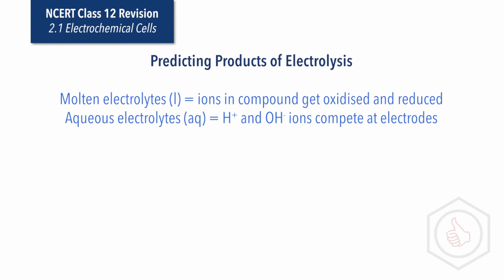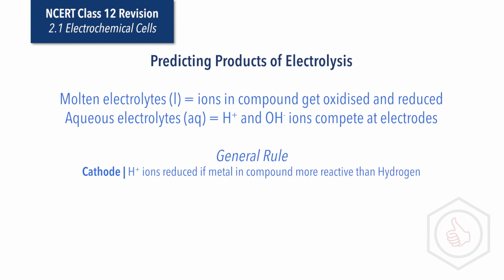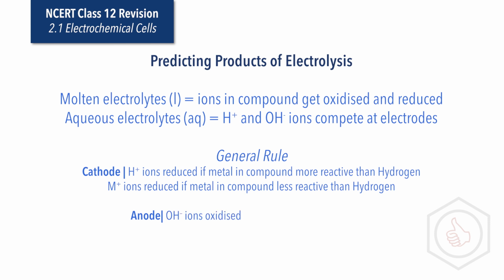As a general rule, at the cathode, hydrogen ions get reduced to hydrogen gas if the metal in the ionic compound is more reactive than hydrogen. If, however, the metal in the ionic compound is less reactive than hydrogen, then metal ions from the ionic compound will be reduced and metal gets formed. At the anode, generally hydroxide OH- ions get oxidized to form oxygen gas. However, if halide ions, for example chloride or bromide ions, are present, they will usually be oxidized instead, unless their